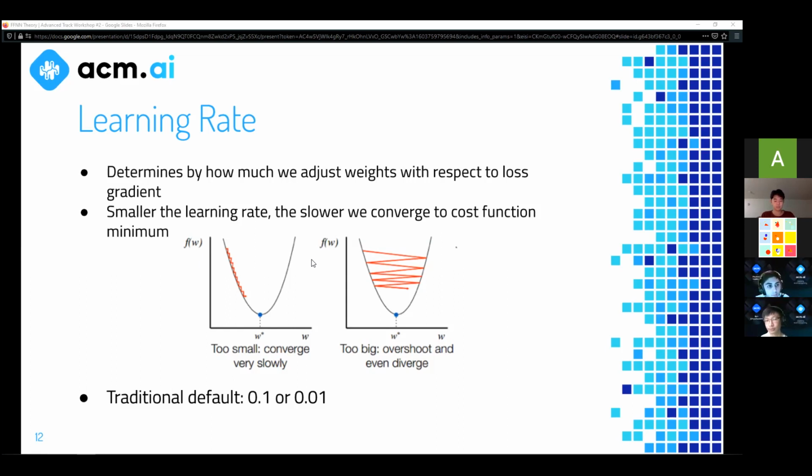It's not something the model can learn on its own. It's something that we have to figure out. And usually hyperparameters have to be determined empirically, right? There's no real mathematical formula that you can throw your other variables into and then it'll spit out a learning rate for you. That really doesn't exist.